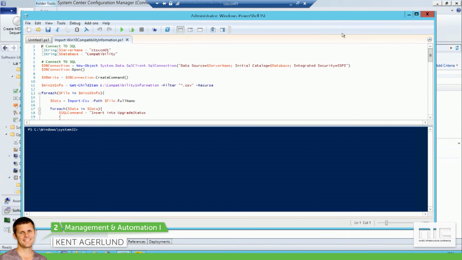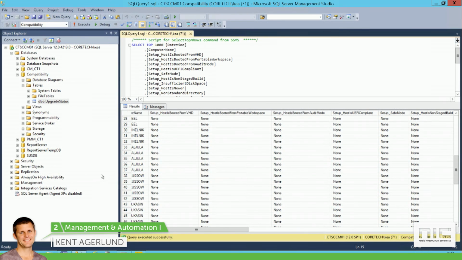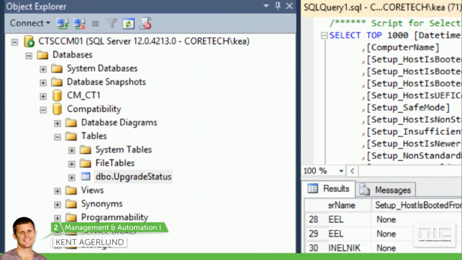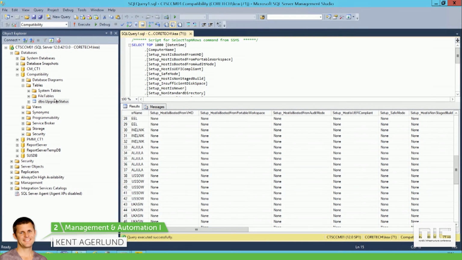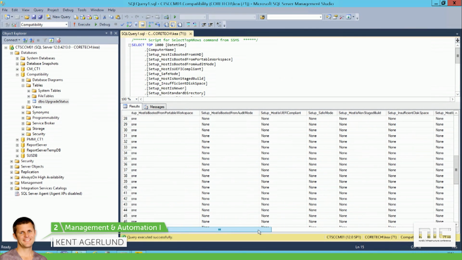The end result looks like this. So I have my compatibility database. There you go, just a plain database almost. And I have my upgrade status, so that's the only table we have. And then I have all of my machines here, and I can see all the different checks. Did we run into any issues? Yes or no? If I scroll over here to the right,